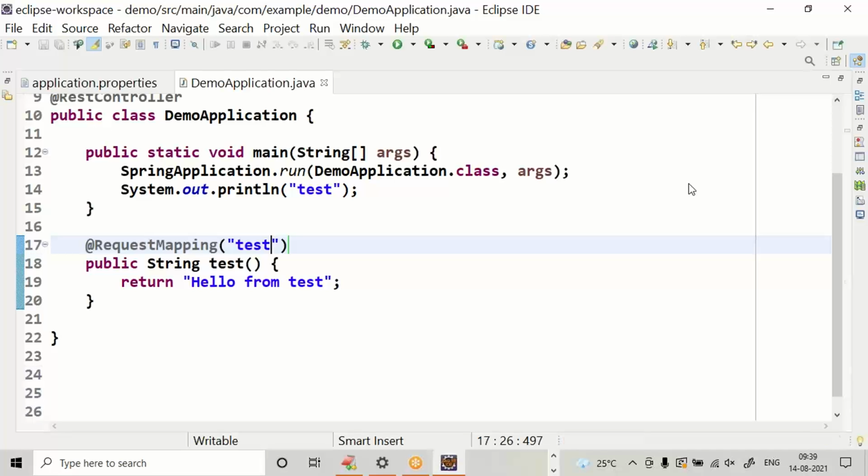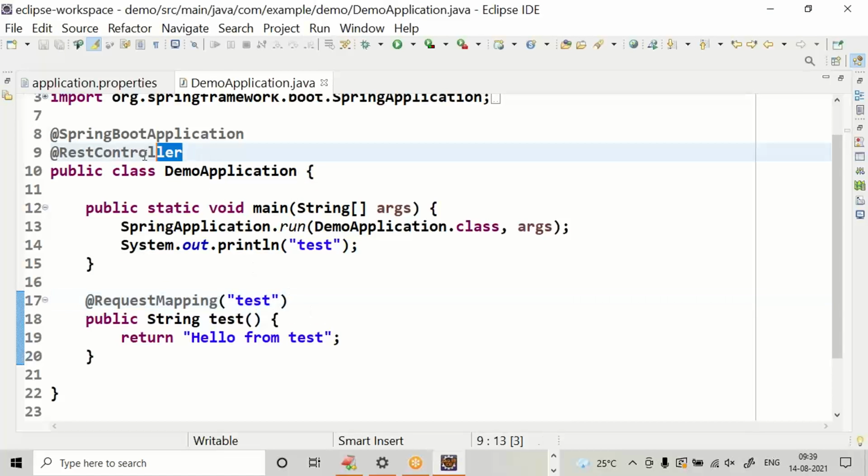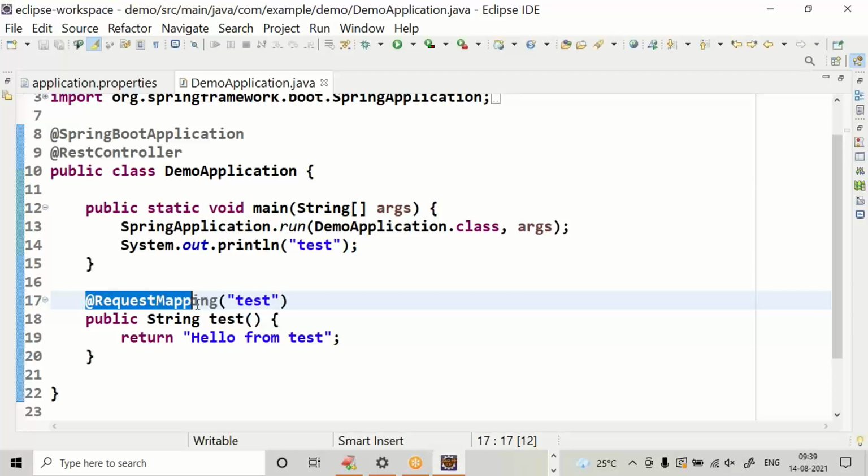I'm just giving test under double quotes. Observe two things here. First one is the REST controller. Second one is the request mapping. REST controller and request mapping. That's all. You need to restart the application.